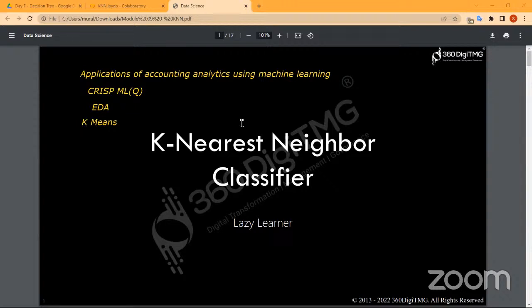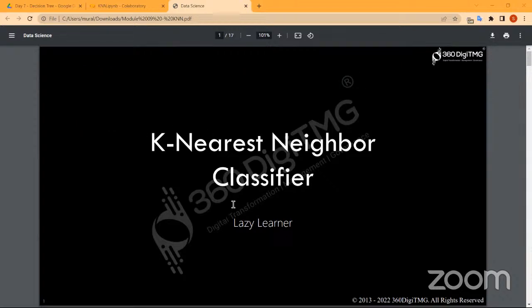For the first few minutes, we will discuss what the KNN algorithm is and its key concepts. And in the next half an hour, we'll try to understand KNN using a practical use case, and we will implement it using an IPython notebook in Google Colab. So let's quickly move into the topic, friends. The name of the algorithm is KNN classifier, or in detail, k-nearest neighbor. If I move on to the next slide,